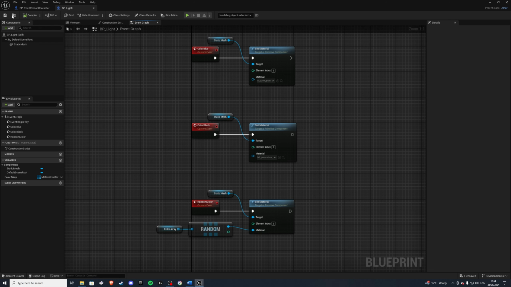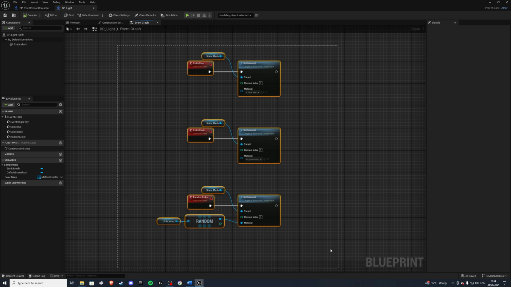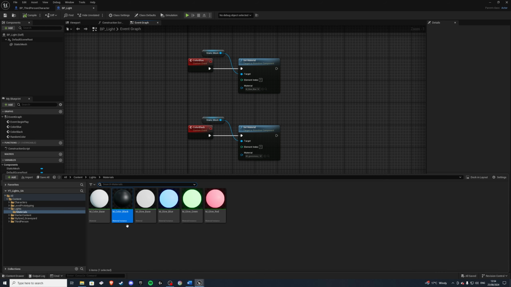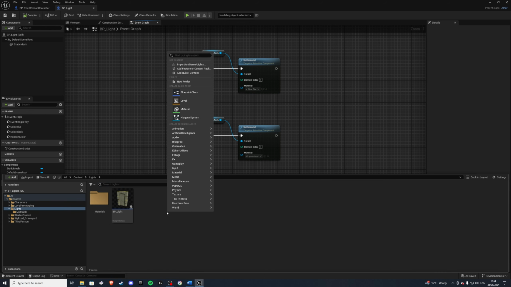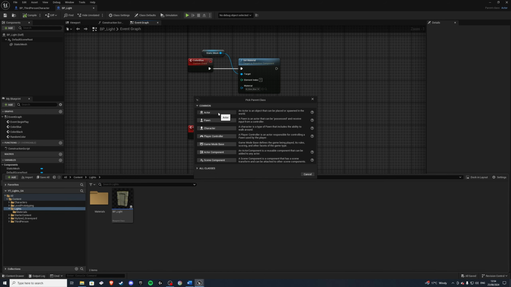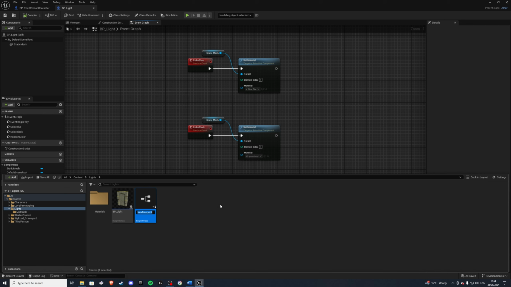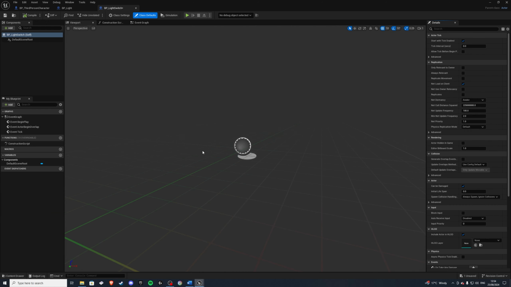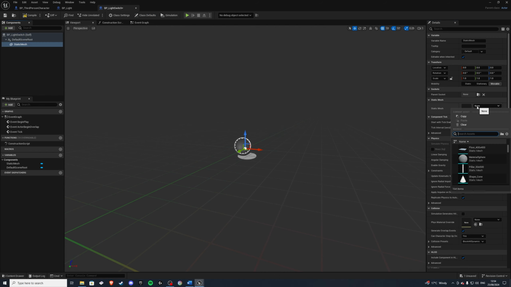Right, so let's compile and save that. And next we'll go ahead and create the light switch, which can call these events. So back again in our lights folder, we'll create another blueprint class, actor, and let's call this BP_LightSwitch. So inside of here, we can do a static mesh, and this will be our light kind of